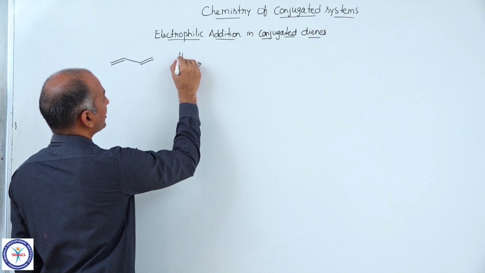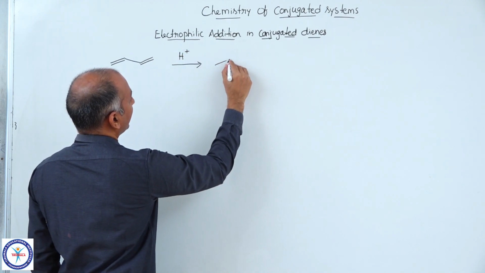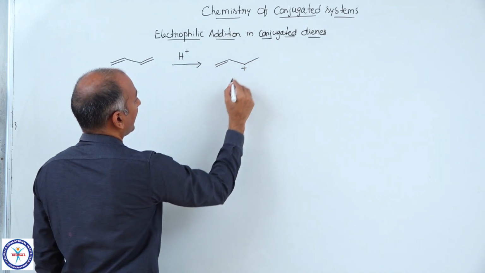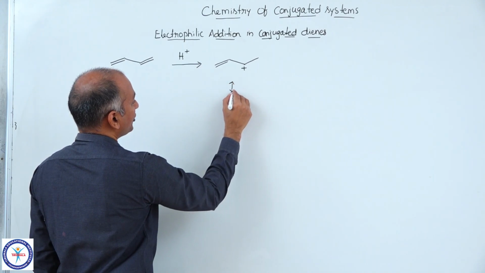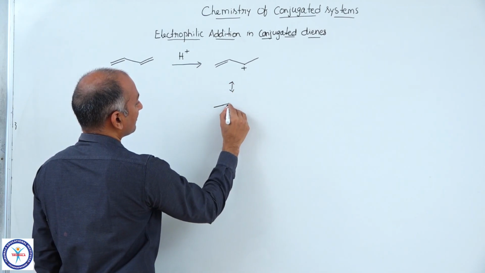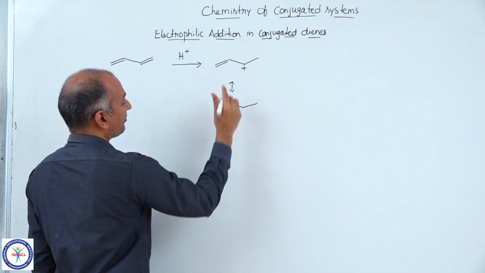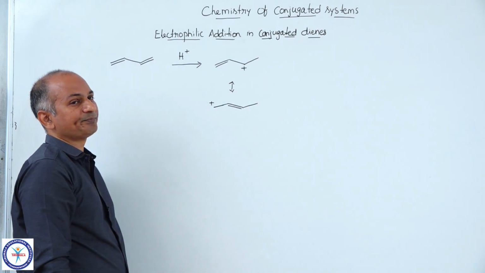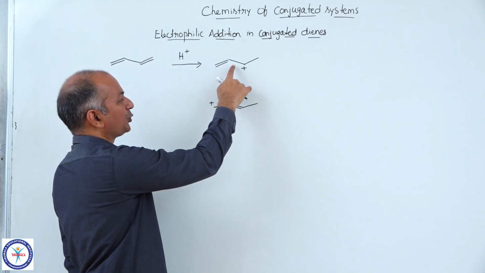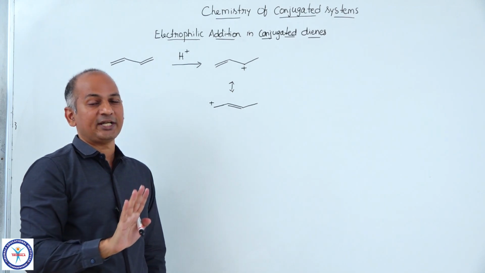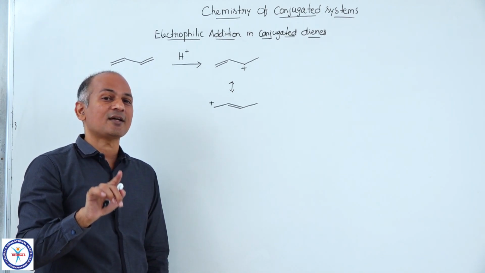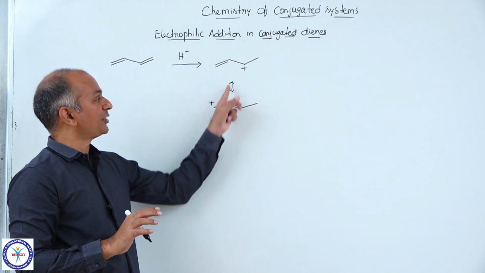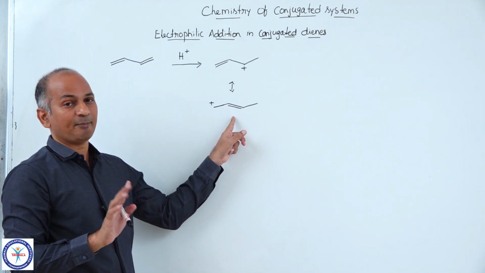First step is addition of H plus, and as a result you will get a carbocation. And this carbocation is resonance stabilized, an allylic type of carbocation. So the double bond comes here, plus comes here. All of you keep in mind, these are not two different intermediates, they are just the resonating structures of one particular intermediate. We have only one intermediate. I have written only the resonating structures of that particular intermediate. Mind it, all of you.